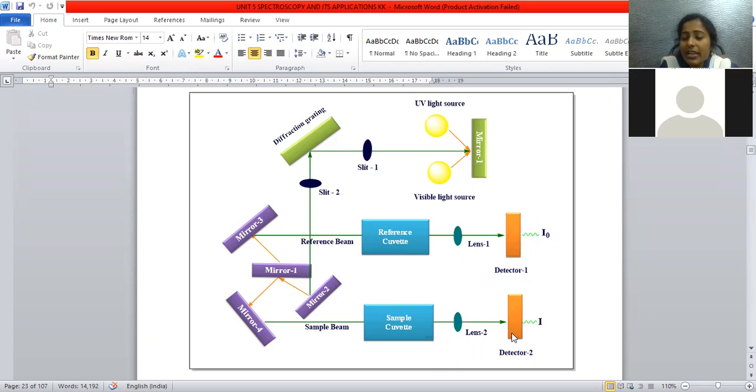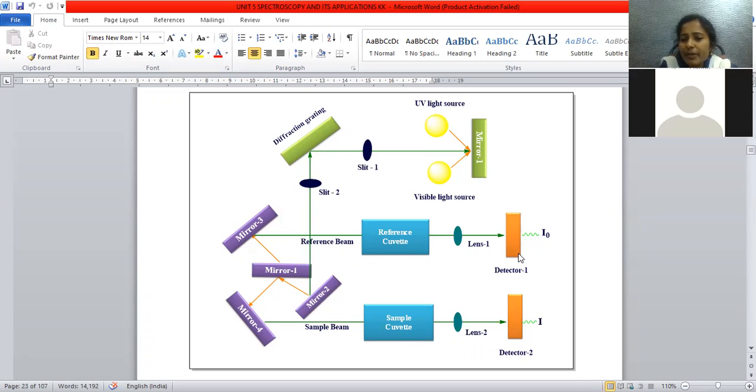Detectors are optical devices used to convert electromagnetic radiation into a signal which is readable by a viewer. Detector 1 is used to monitor the change in intensity of the reference beam, and detector 2 is used to monitor the change in intensity of the sample beam.